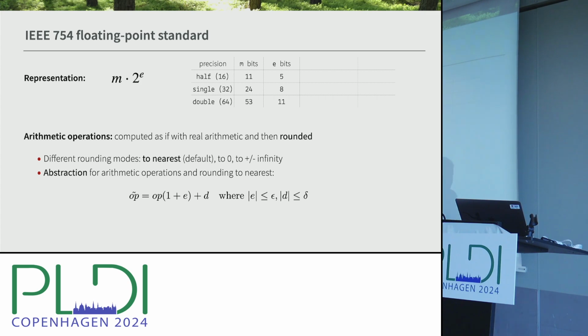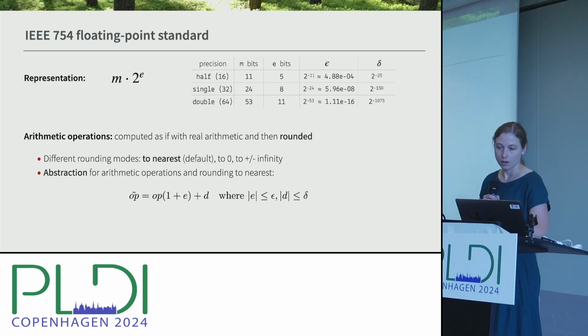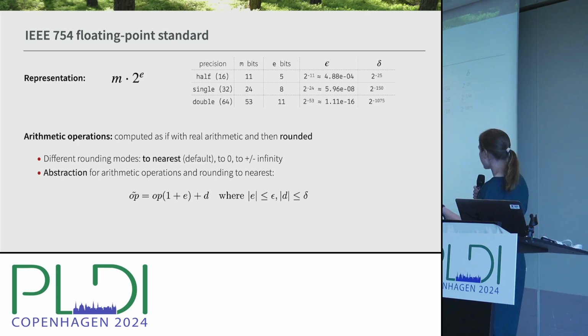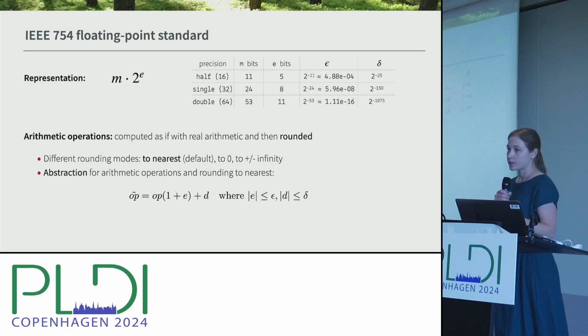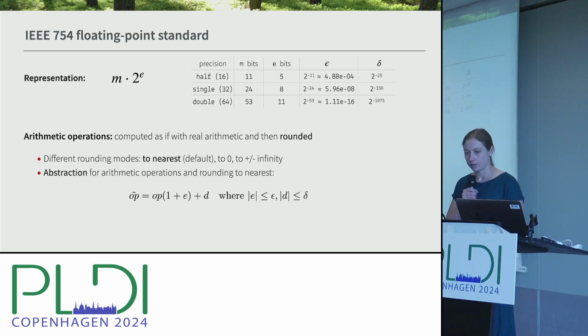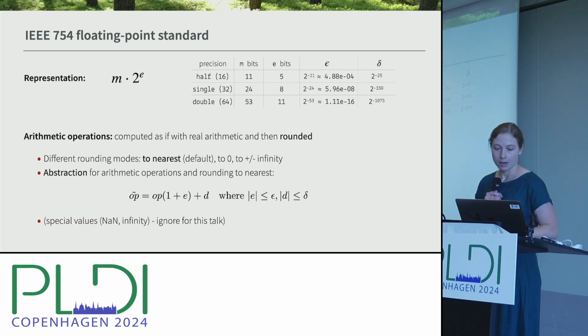two different kinds of errors, where one error is for normal floating point numbers, that are the normal ones, and the delta is for denormal numbers that are very, very small. And then for different precisions, we have different values of the bound on these two errors, the epsilon and the delta. The larger the precision, the smaller the error bound will be. There are also special values for floating points, like not a number and infinity, but I'll mostly ignore these for this